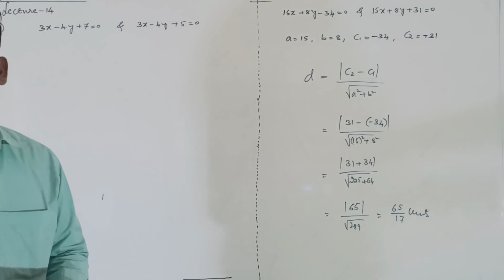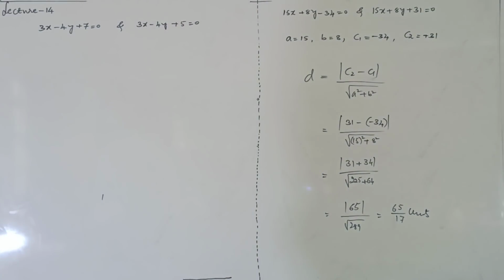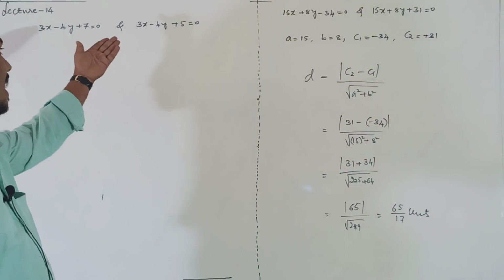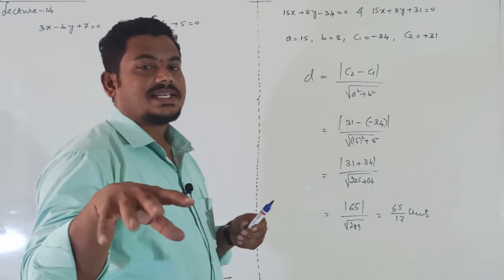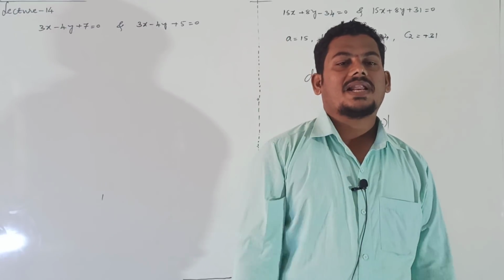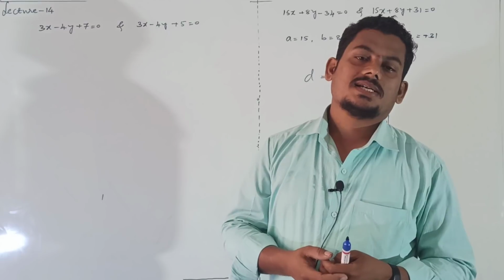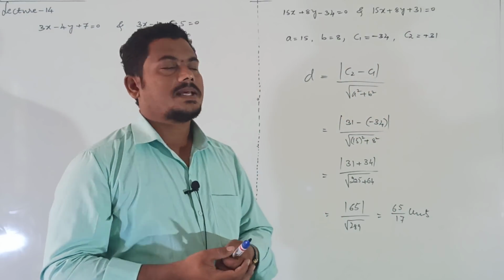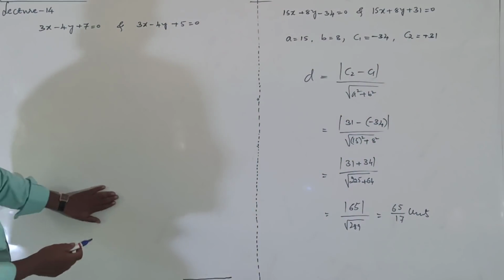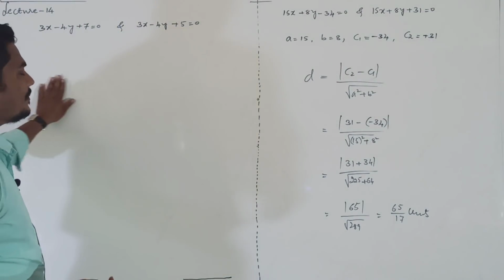Clearly these two lines represent parallel lines. Why? Because clearly the corresponding coefficients are equal. If the corresponding x and y coefficients are equal, then the lines are parallel. And one more thing is, if slopes are equal, then lines are parallel, right? By looking at these two lines, they are clearly parallel.